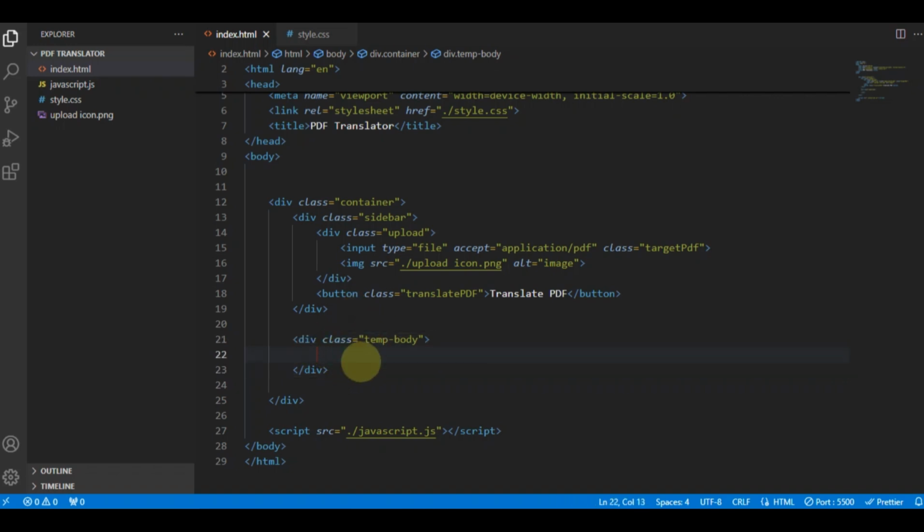So for that, just write down an iframe element and then leave it empty, because we will add the PDF location when the user selects it. Right after that the PDF will appear and be displayed inside this template body. So for the time being, leave it as it is, and then we don't need this one, and the type will be PDF only,